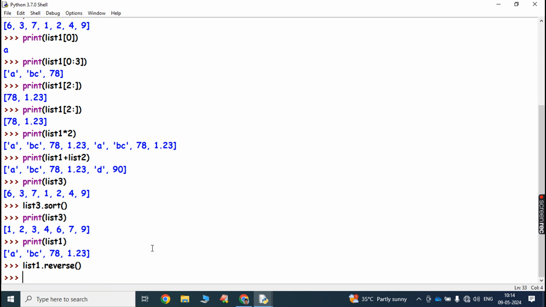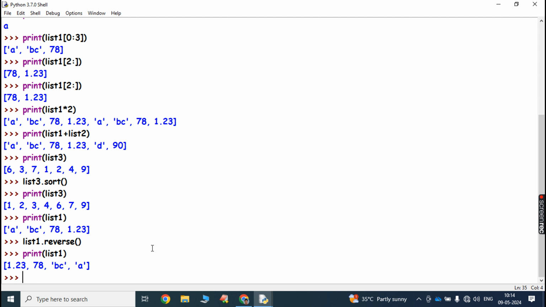So now, after reversing the elements of list 1, we have to print the elements of list 1. So see this one. Before reversing, the elements in list 1 are A, B, C, 78, 1.23. After reversing, the elements in list 1 are 1.23, 78, B, C, A. Okay. So this is the reverse operation. Next one is,